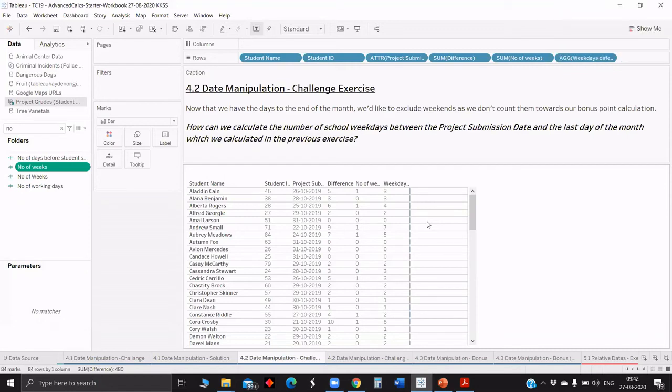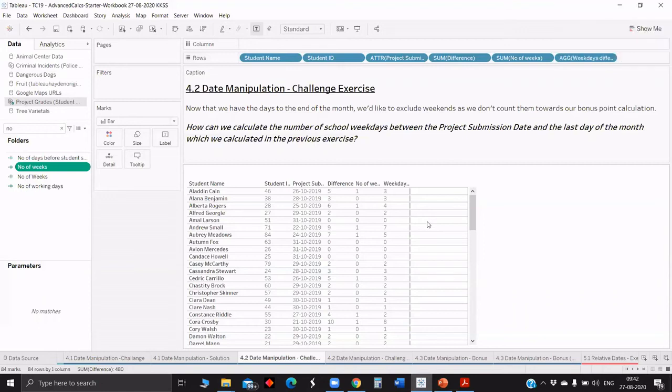So last submission day is on Saturday, assume, right? And he submitted the project on Monday. So if you use that number of weeks as a day difference in week, then it will give 0, right? It's in the same week, because Monday to Sunday is the same week. It will consider as new week and it will take 1.